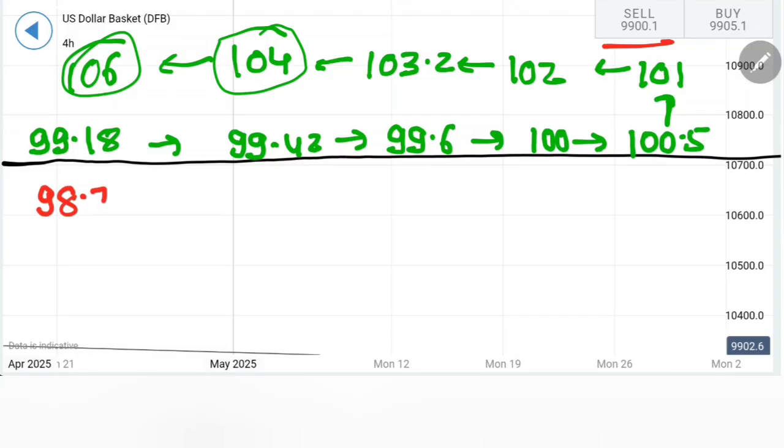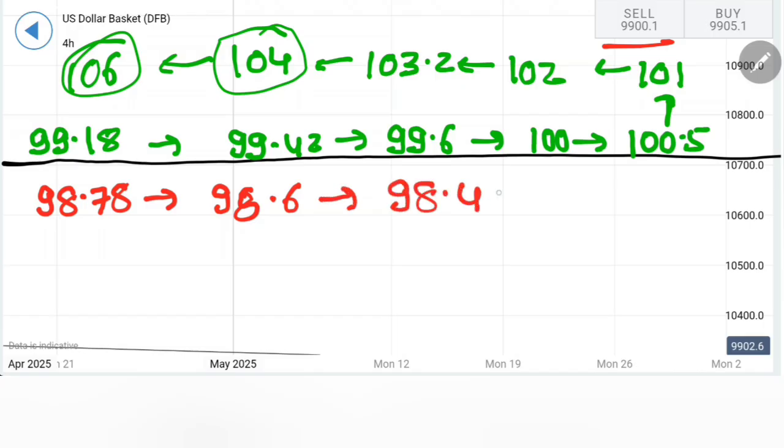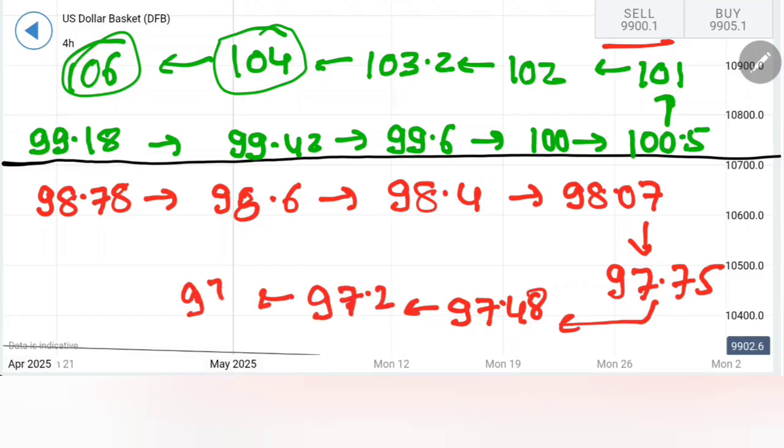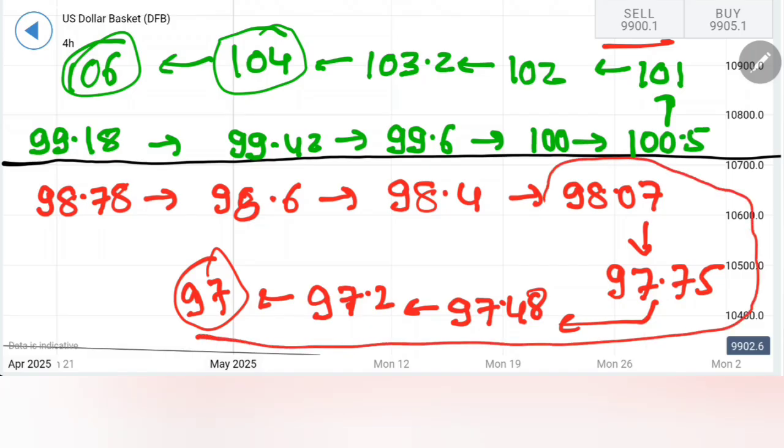You have to sell here at 98.78 levels, below which you can expect 98.6, 98.4, and then I will look forward to 98.07. If this is taken, stay short for 97.75, and if that is taken, then 97.48. Below 97.48, 97.2, and then 97. Now see this complete zone, you can see how many resistances are available here in this